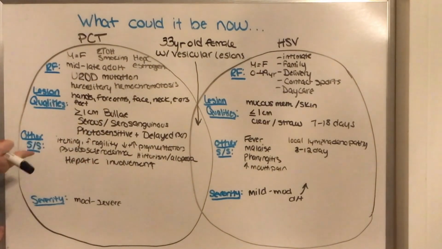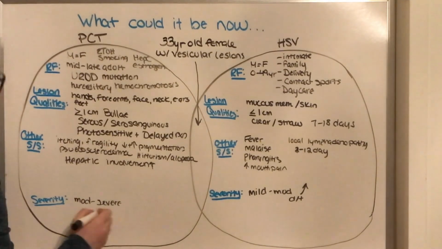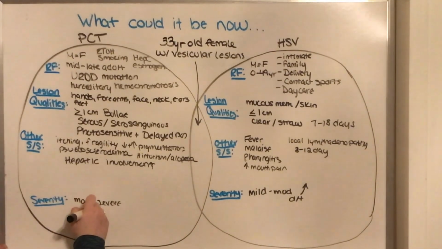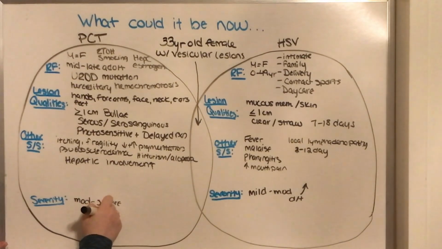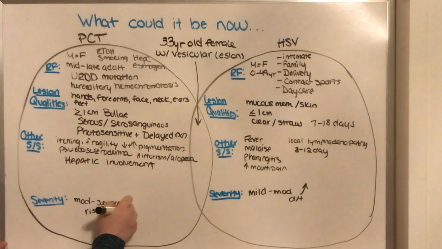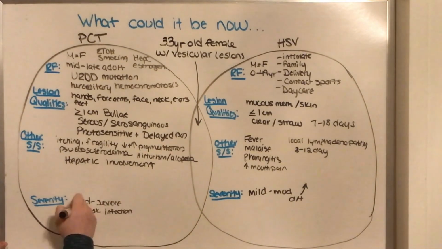They're also a lot bigger lesions. And if there is hepatic involvement, depending on where they are in the disease process, this patient might need to be hospitalized, not to mention they are at risk for infection because of all these open lesions. So yeah, I think that